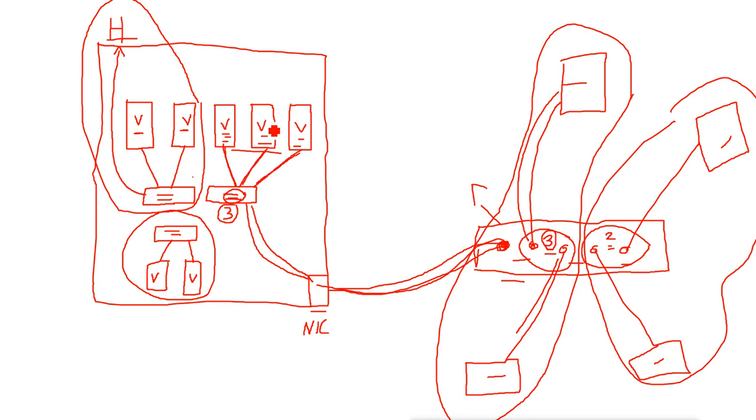So if suppose I want to put this machine into VLAN ID 2, I have to create one more external switch here with VLAN ID 2 and connect this virtual machine to that switch. Now whatever data is sent from this virtual machine will be tagged as VLAN ID 2, and when this data goes out to the real switch, the real switch knows that okay, this is for VLAN ID 2, so it will send the data to VLAN ID 2 and all the machines in VLAN ID 2 will get the data. So that is the VLAN ID configuration.